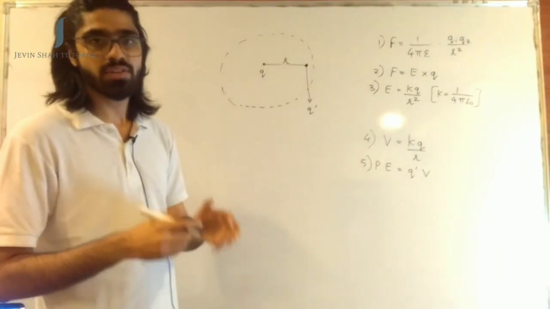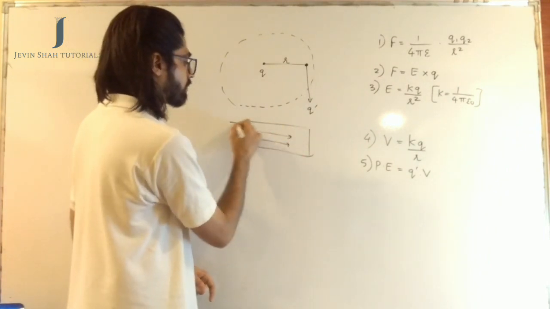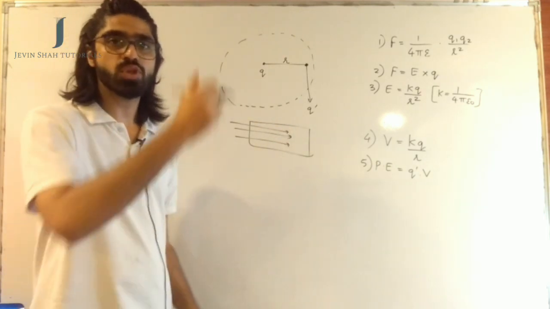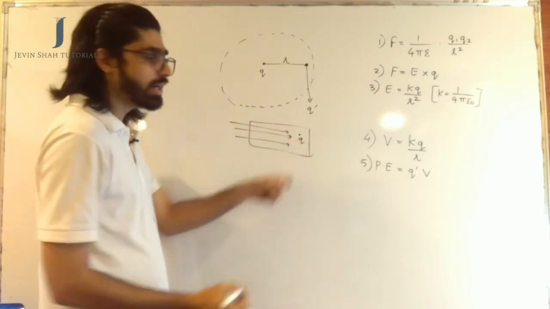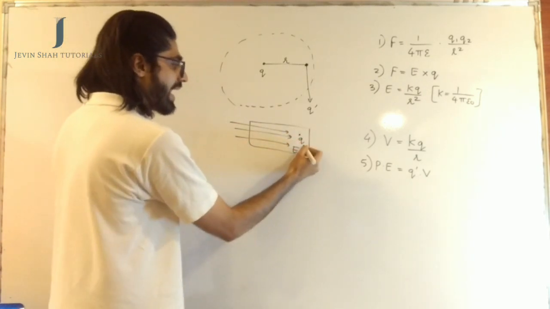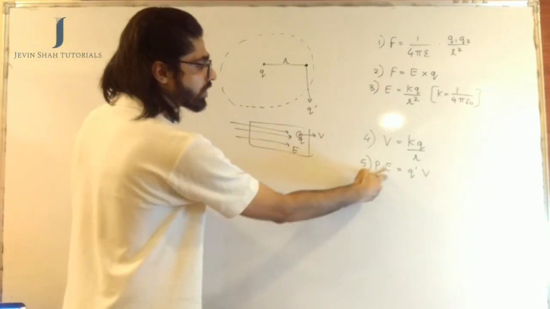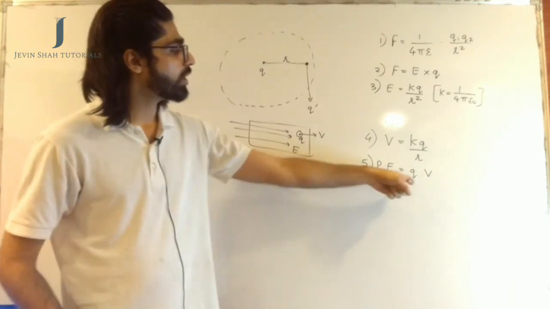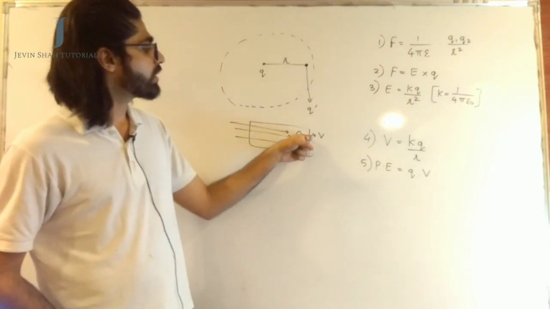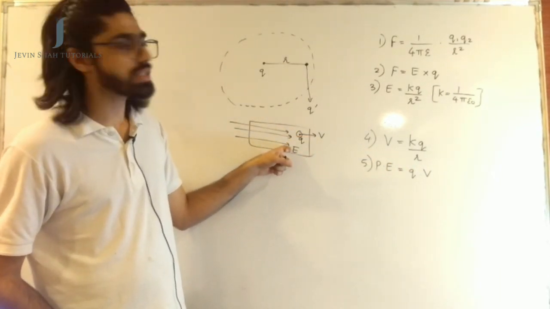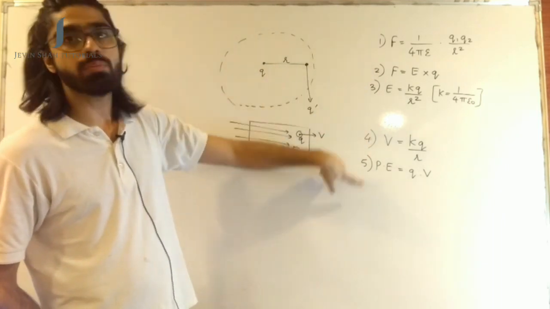Now, in general, I can say that if you have a space and in a space there is some electric field, then in that electric field, if you are placing a charge q, say for example, I place a charge q in this electric field where the electric field intensity is E and the potential at this point is V, then the potential energy of the charge will be given by q into V. So let's write a general formula only. The potential energy of that charge will be given by q into V, and the force that this charge will experience in the electric field of intensity E will be given by q into E. So these are two important formulae that you need to keep in mind.